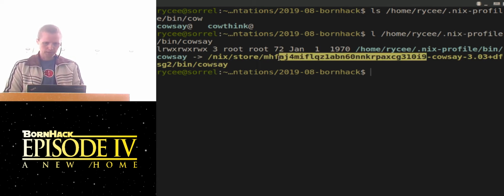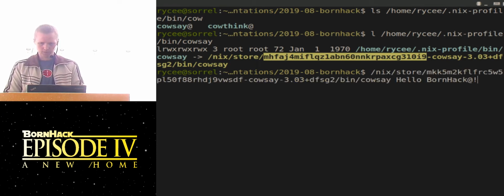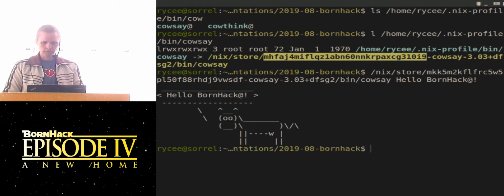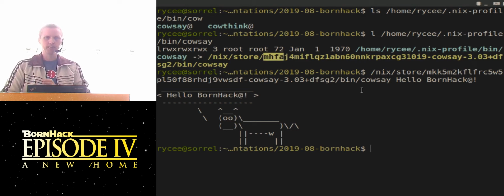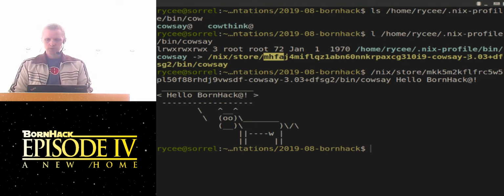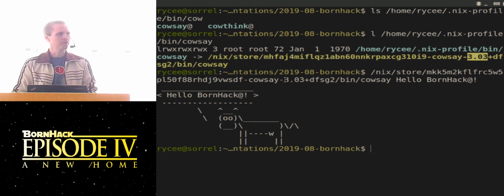So you'll notice that this hash is different from the one I showed earlier. Let's see if I still have that one in the history. So the previous version I had started with mkk5. The version I installed in my user directories has a hash called mhfa. So these are completely separate packages, even though the upstream version number is the same.